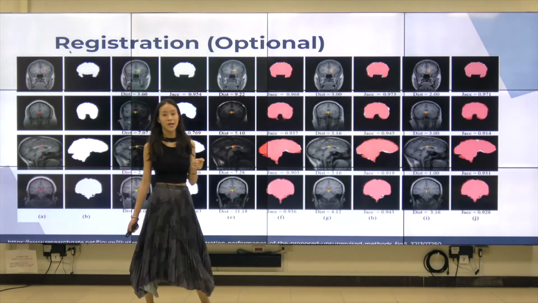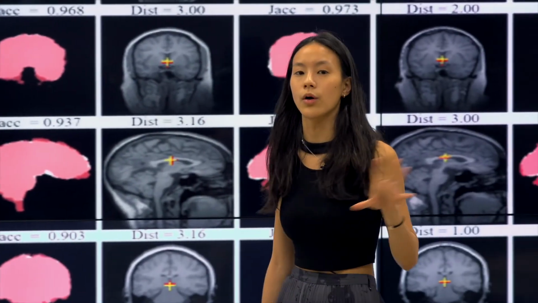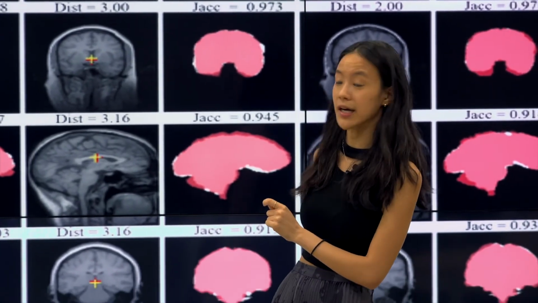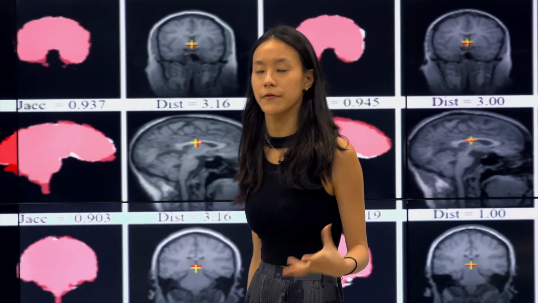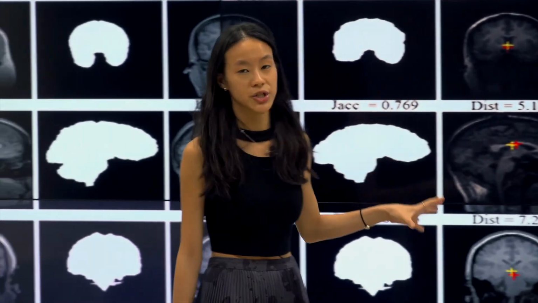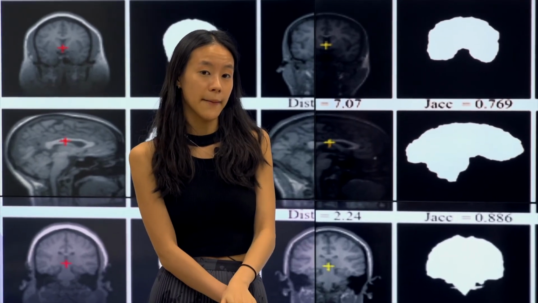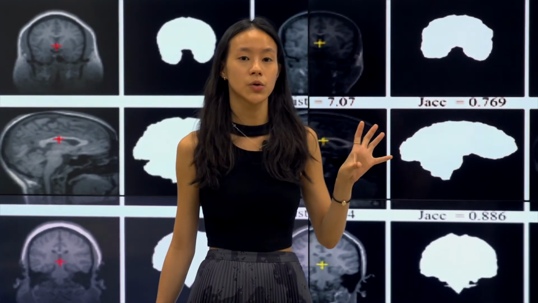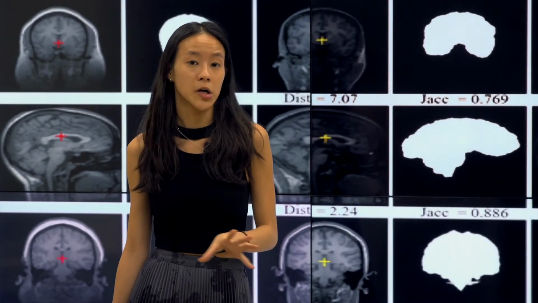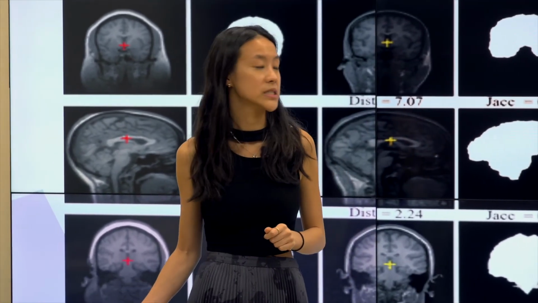And registration, last but not least, I would say that this is actually the most important in prognosis, and we're going to talk a little bit more about why later. But registration essentially just means that we're looking at two different images, and depending on what we're looking for, for example tumor growth, we're going to have this registration aspect so that we can combine these two images and make sure they overlap in the right positioning, so that we're able to analyze the difference between these two MRI images, which may be taken on different days or potentially even different modalities if that's what we're considering in the moment.